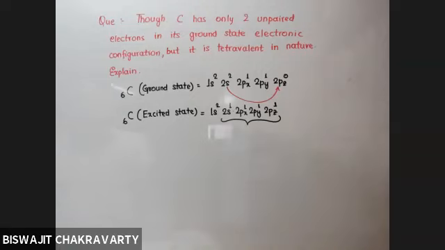After the electron gets excited, one of the electrons from 2s jumps to 2pz, and thereafter it combines with other atoms. But atoms like hydrogen, oxygen, nitrogen will combine with other atoms in their ground state. But atoms like beryllium, boron, and carbon will undergo excitation first, and only then are they going to combine.